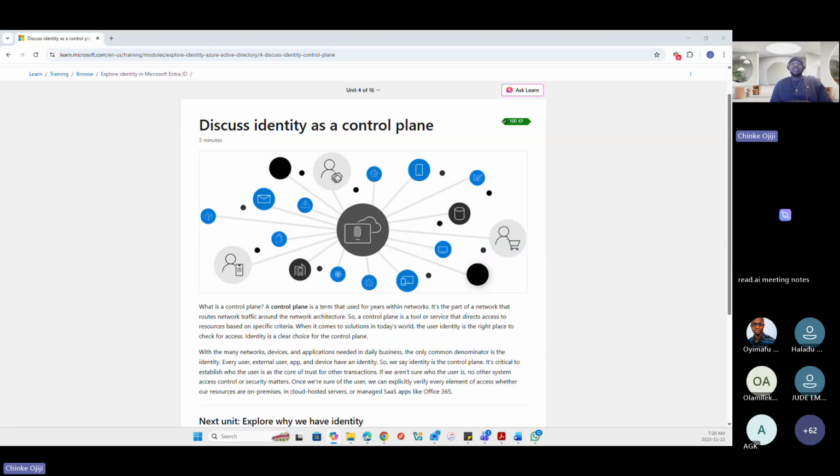But in data plane, these interactions with resources take place inside of that plane. For instance, you're accessing a SharePoint document, email in Outlook. The data is inside there. If you're accessing an email in Outlook, the data is the contents of the email, and it is stored on that application.